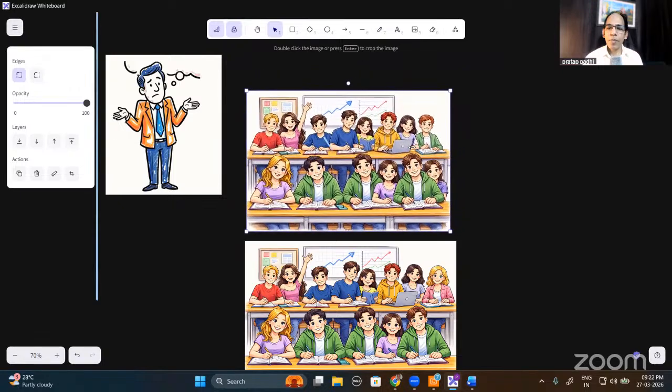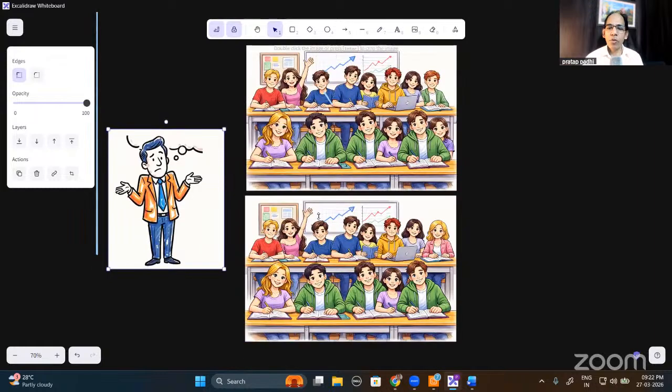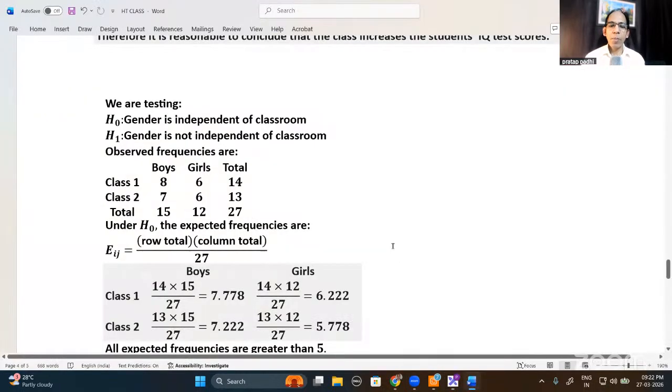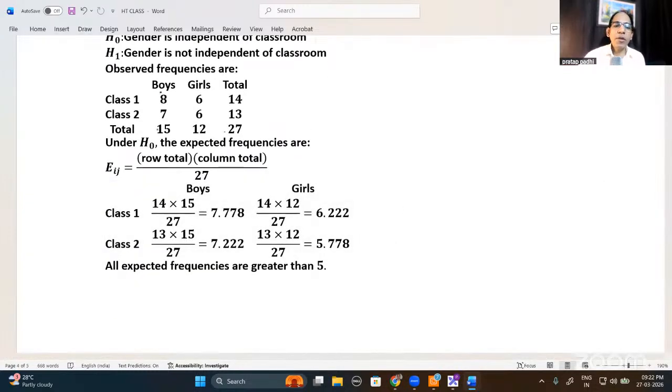Now, what will happen? What do you want to know actually? It's not binomial like I started. Let me go to the table here. If you go to this table, in class 1 we have the boys and the girls. There is a distribution; it could be 50%, I mean, half boys and girls, they're equal, or maybe boys are more. I mean, some proportion. So there is a proportion.